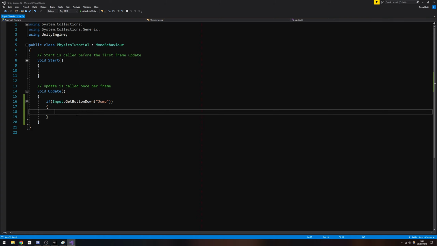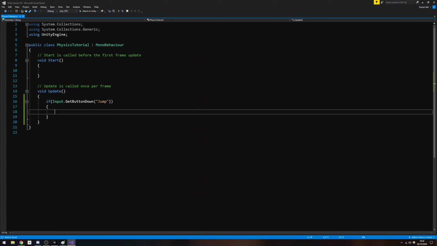So to add physics, we need to add physics to our rigid body, but currently we don't have access to our rigid body because we only know about ourselves in physics tutorial. So to find out the rigid body, we need to use GetComponent. GetComponent is a method that's available on all MonoBehaviours and everything that inherits MonoBehaviour. So from within any kind of script that you're writing in Unity, you can just say